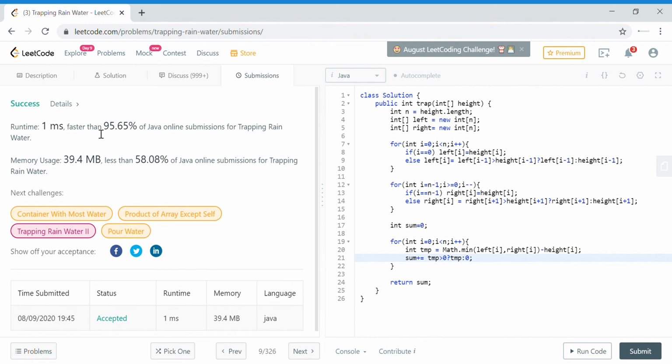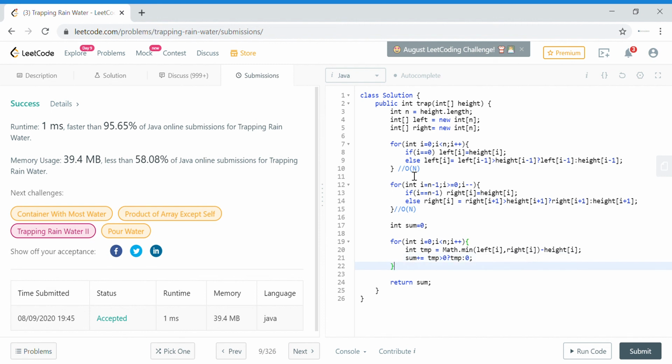Okay, so you see the time is 1 millisecond, and we'll just run through the time complexity. We have not used any additional data structure here. We have just played with the array. Here we are looping through i from 1 to n. Basically we are visiting each element of the input array, so this has a time complexity of order of n. When we are calculating the maxima on the right side, again here we have order of n.